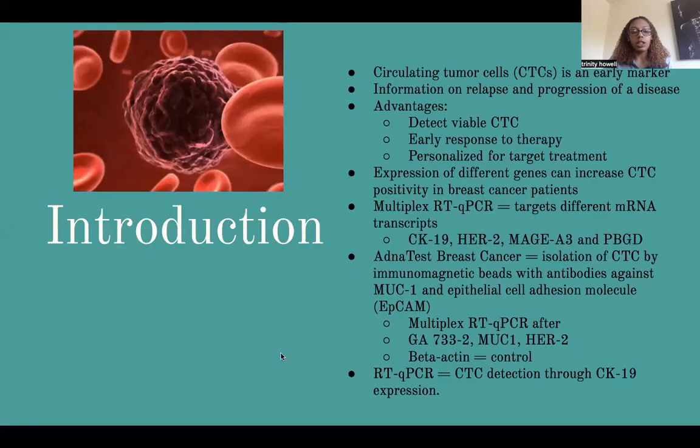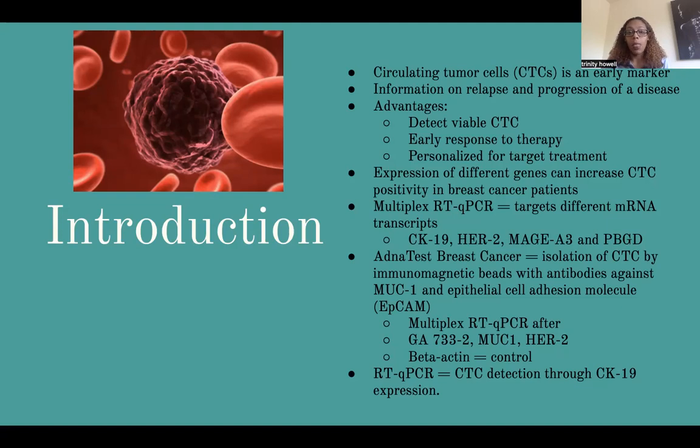So circulating tumor cells are an early marker of response to systemic therapy. It gives information on relapse and progression of a disease. The advantages are that it detects viable circulating tumor cells, and it's an early response to therapy based on the molecular characterization of circulating tumor cells. They are also personalized for target treatment. Circulating tumor cells have a low frequency, so the methods that were used needed to be of high sensitivity and specificity. The expression of different genes can increase circulating tumor cells positivity in breast cancer patients, which can provide information